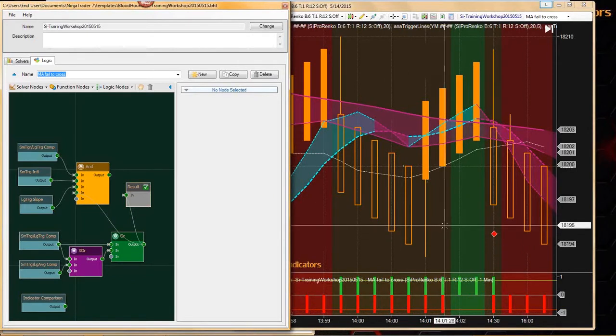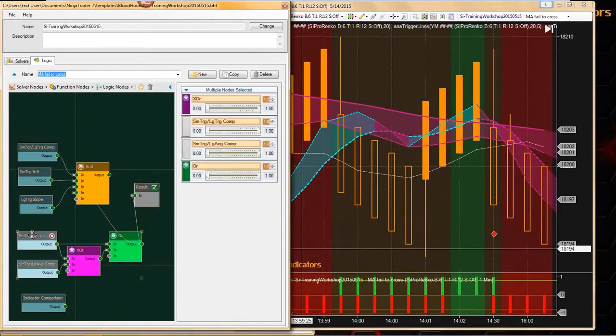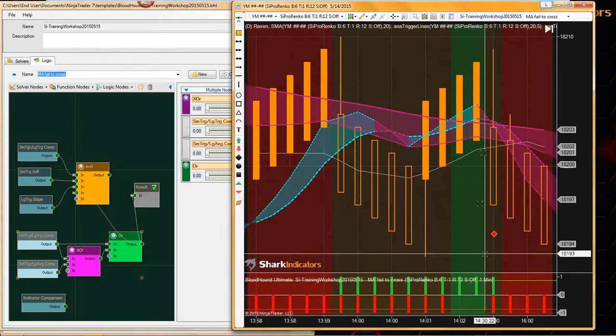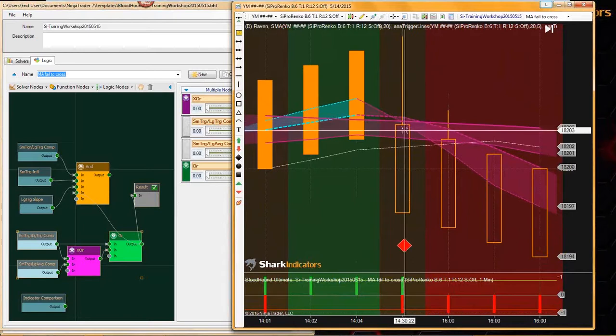Oh, all right. So I can see what happened here. Remember, I took our filter here and I plugged it into results nodes. That's what we're looking at now. We had to look really closely, but